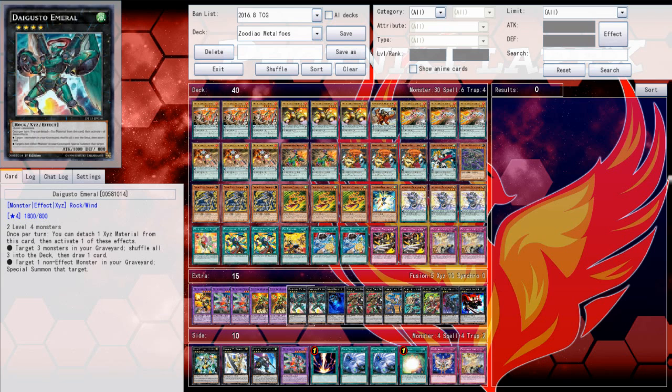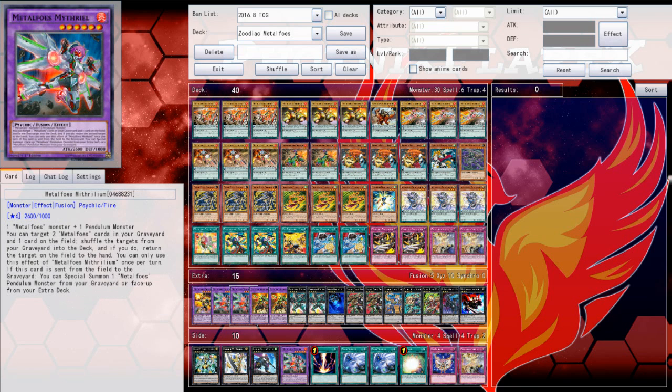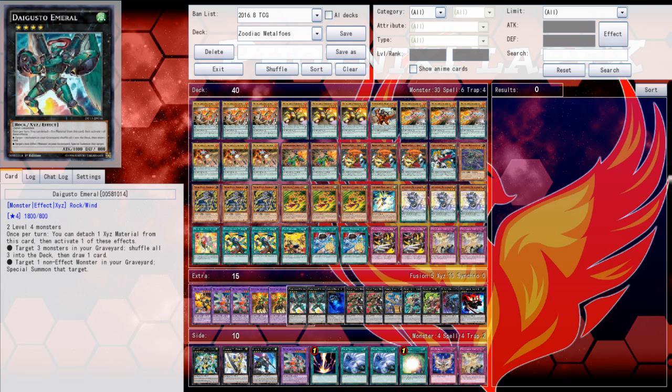But for the Xyz, 2 copies of Daigusto Emeral. Essentially, you pump out rank 4s like nobody's business, and making Daigusto Emeral a 2-of makes the rest of your engine infinite. It makes your entire deck infinite. Between Mithrilium making your Metalfoes spell and trap engine infinite, and Emeral making your monster engine infinite, it's a very, very good trade-off,